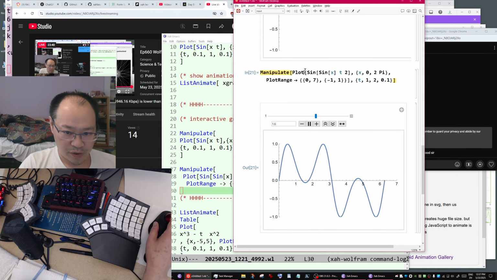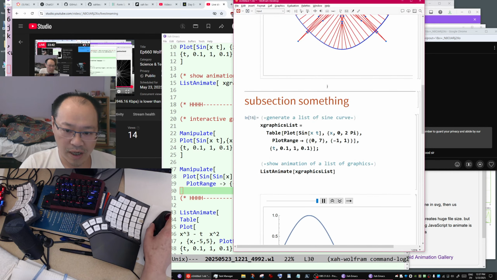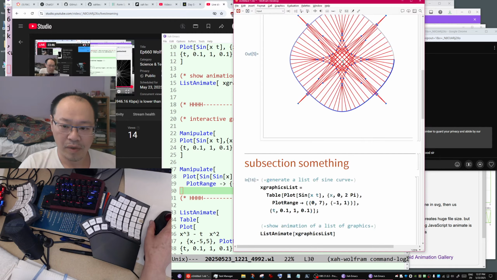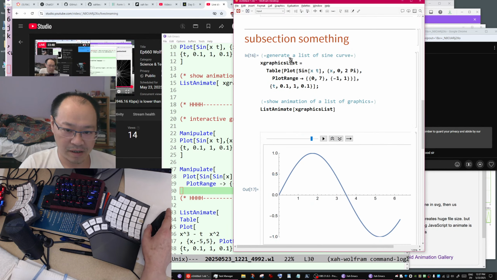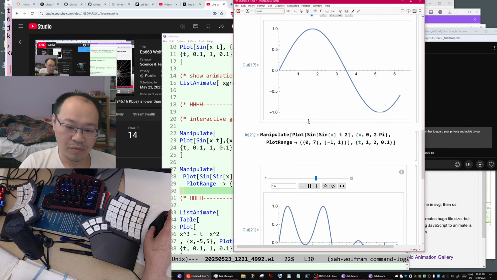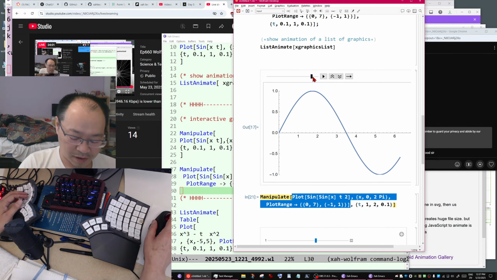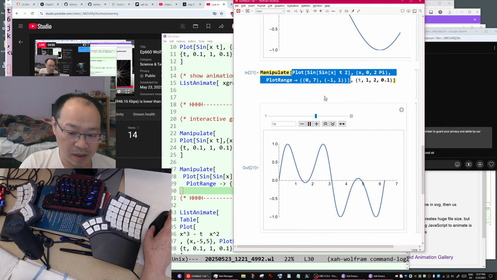Okay, so we showed 2 ways to generate animation. One is just create a list of graphics, then just say list animate. The other way is just directly use manipulate. So, okay, both ways work. So now, what about exporting to